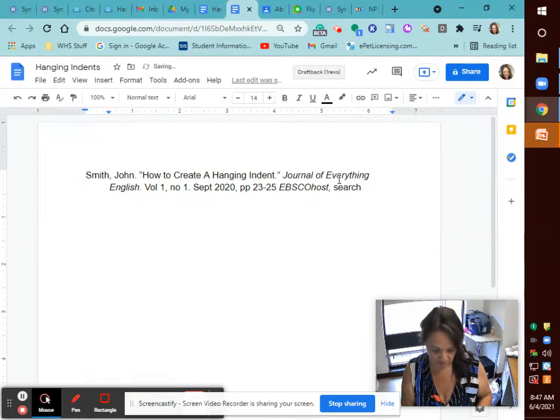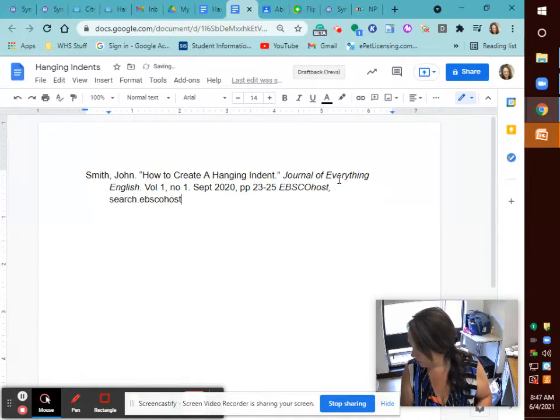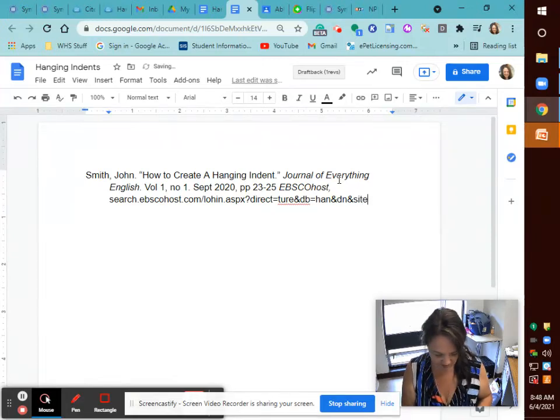EBSCO search dot. We're making this up. It's close to the real thing, but this is a fictitious source. I'm just following a template, an example, and some of this gobbledygook in the domain is just that, gobbledygook. So please don't think this is an active URL. You will surely find nothing or something odd. And now we're just playing around with characters, and we're going to come to the end here because this is fun, and we're going to call it ehost-live